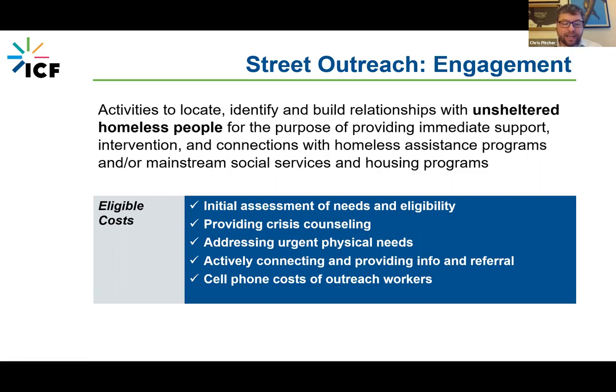Engagement includes activities to locate, identify, and build those relationships with unsheltered folks for the purposes of providing immediate support, intervention, and connections to homeless assistance programs or other housing or mainstream resource programs. Engagement is really important. We'll say the same thing in the next slide on case management, that we're engaging folks in an effort to end their homelessness, to get them off of the streets